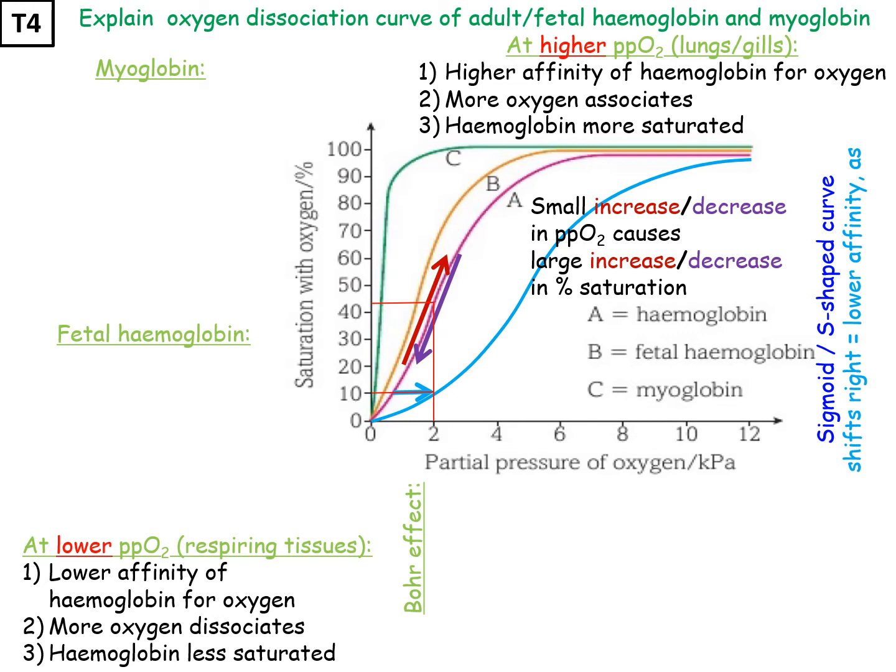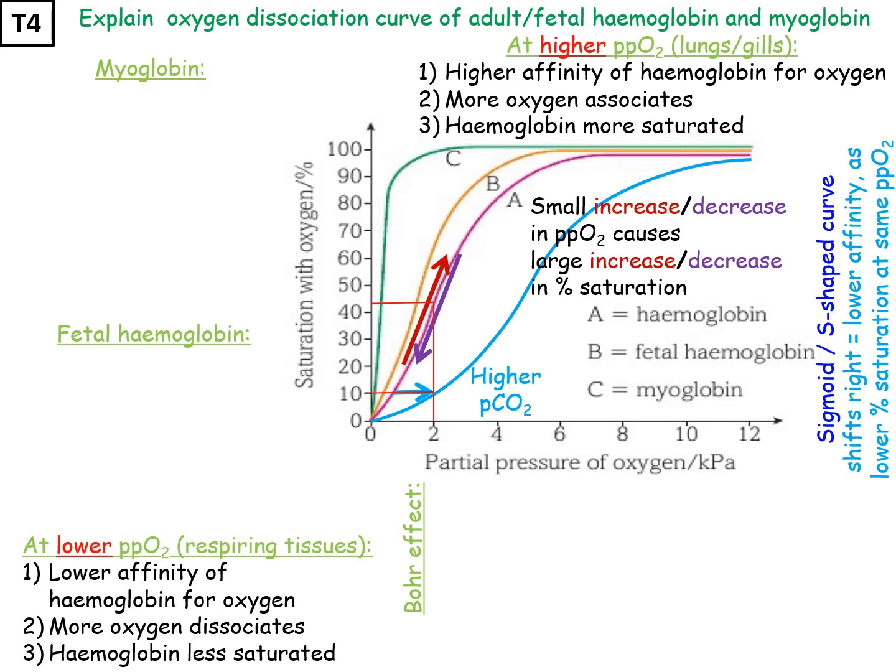So shifting the oxygen dissociation curve to the right means that there is a lower percentage saturation at the same partial pressure of oxygen. And this is known as the Bohr effect,